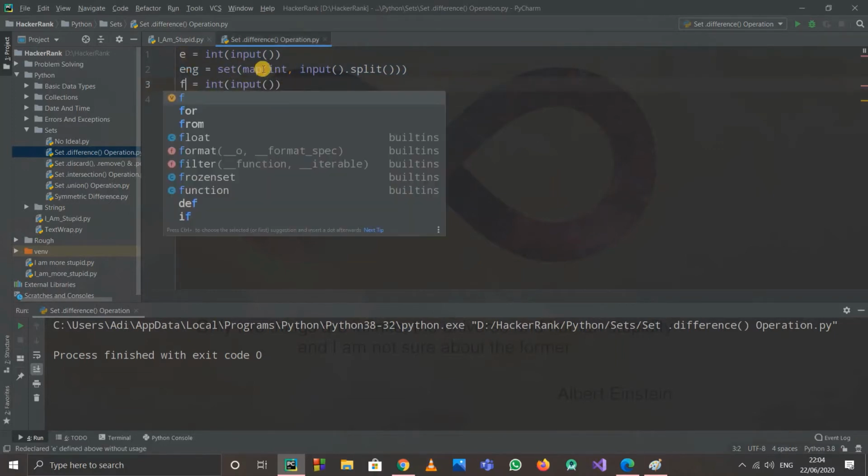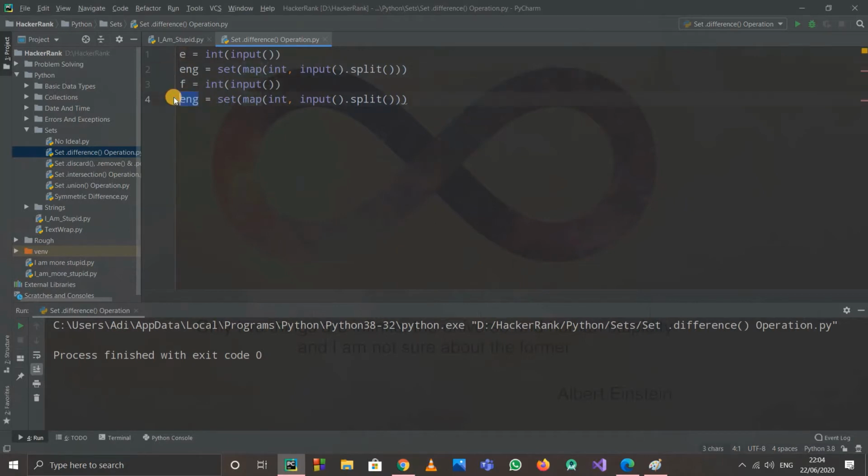After that, you can use input dot split as well. It's easier, but I have to convert them into integers, that's why I did it. And this is English, so it will be French. Now we got the number of people who read English and French, so we got both sets. Now we want the people who read only English and not French. So for that I'll use a for loop going through people who read English.